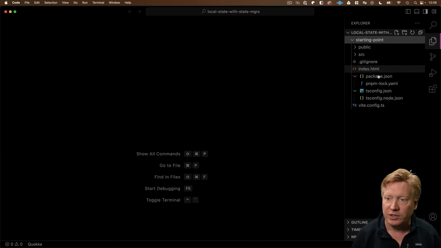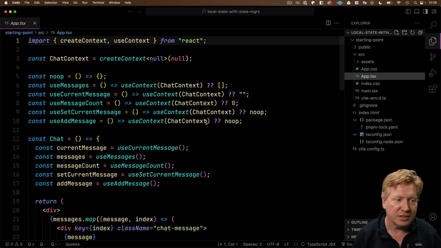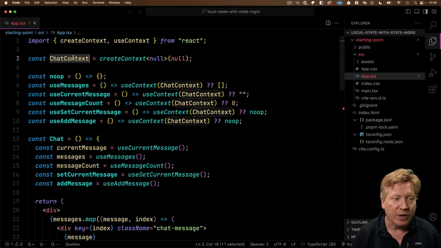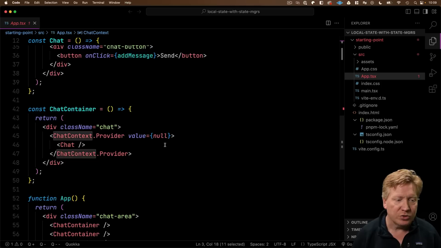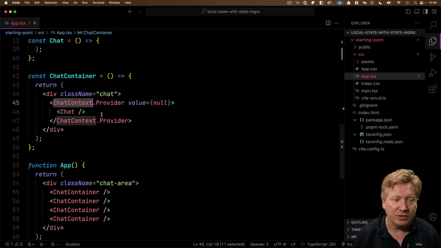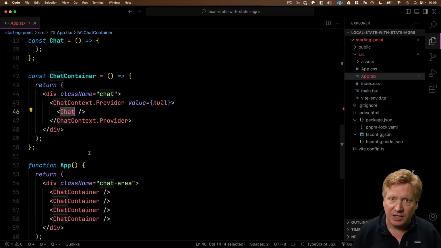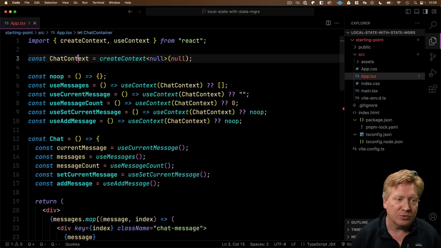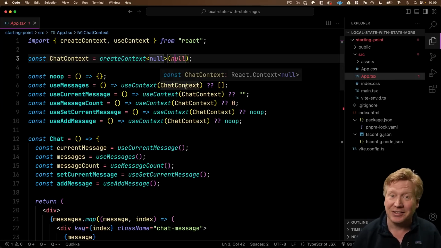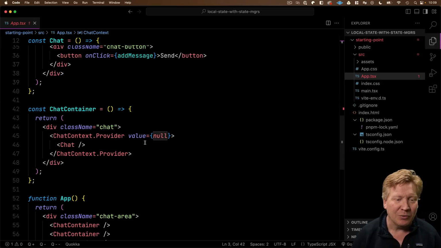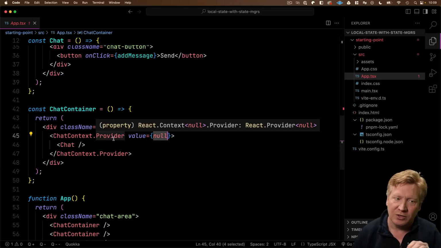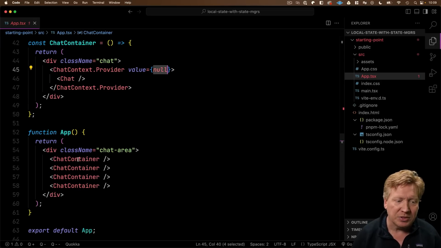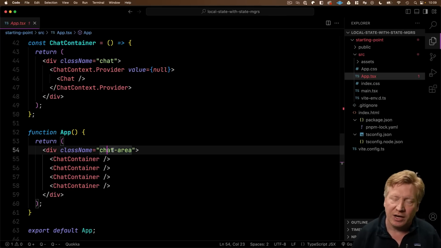All right, so I'm going into the starting point directory and then into app.tsx. This is the one file where it all happens. So up here we have our chat context. That's what we use to wrap inside of the chat container the chat. So each individual chat is going to have its chat context. So we've got the chat context that we create up here. We started off with null. That's clearly not going to work. And then we give it a value down here as we integrate it into our chat container. Our main app just has a bunch of these chat containers inside of a chat area. All of the CSS is over here, I think in